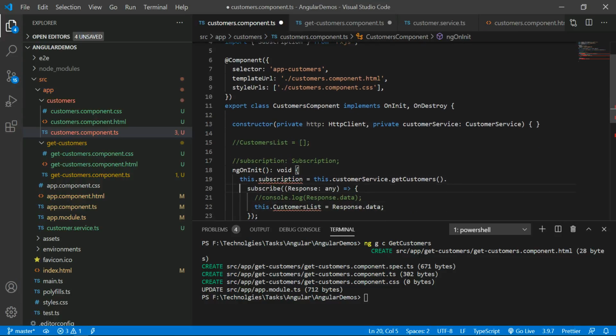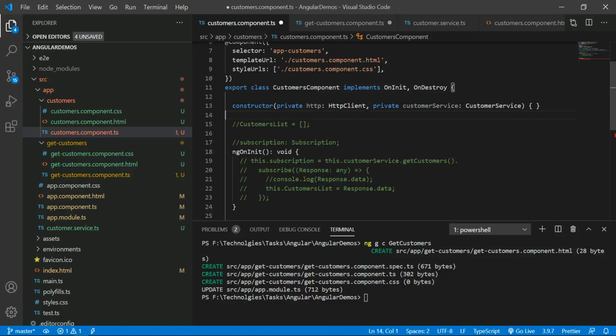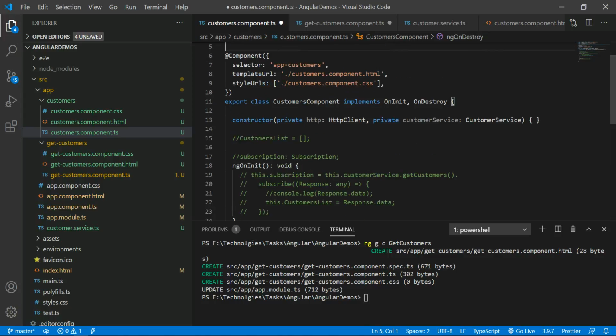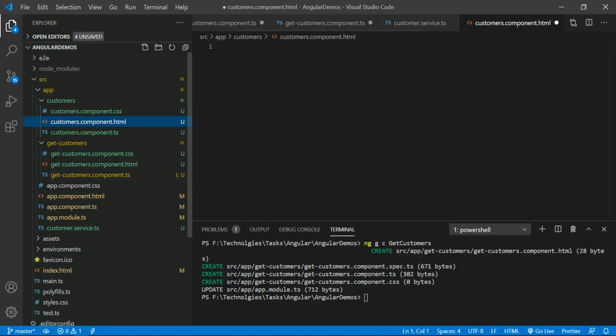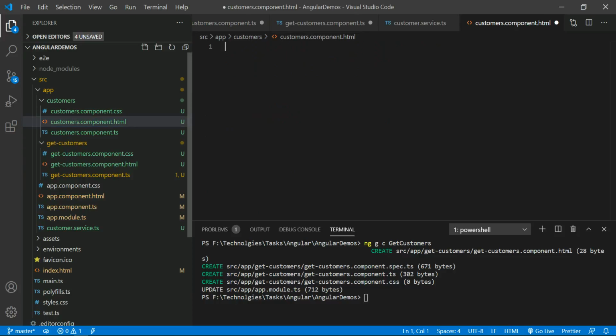Right now, what is happening? My customers component looks like an empty component. See, in the customers component I don't have any code, and even in the customers component HTML also I don't have any code. So just to take the reference, this get customers reference, into the customers component HTML.